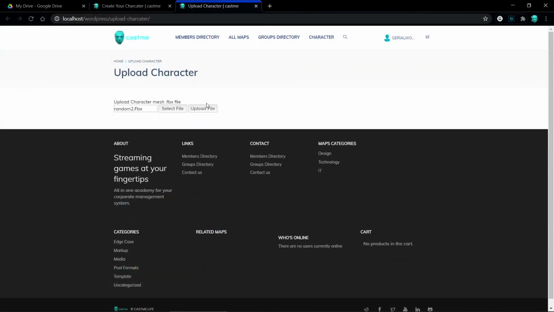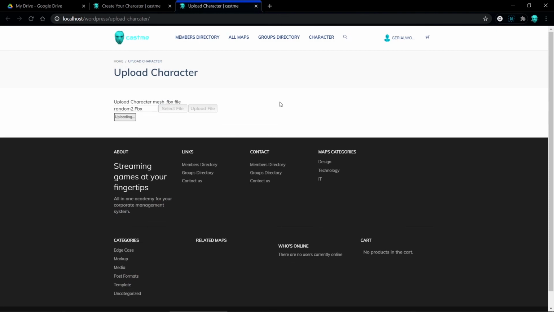And upload the file. It will take around the same time, based on your internet speed, to upload the file to our server. Now you are uploading it into your account. This file has been uploaded to our website. The file uploaded successfully. And now this has been uploaded, and the rest of the part we'll do.